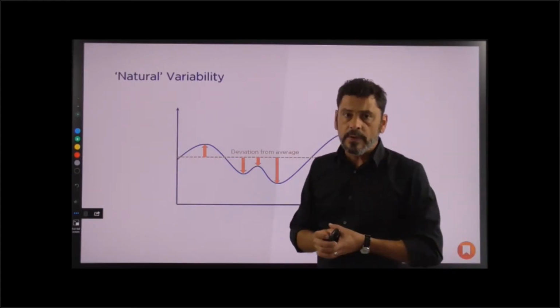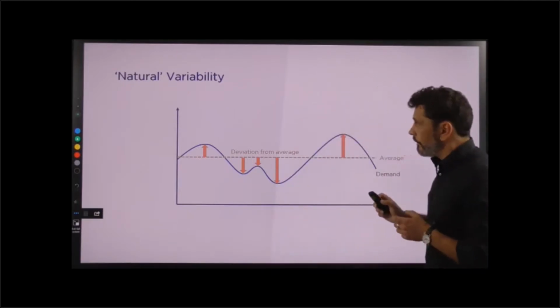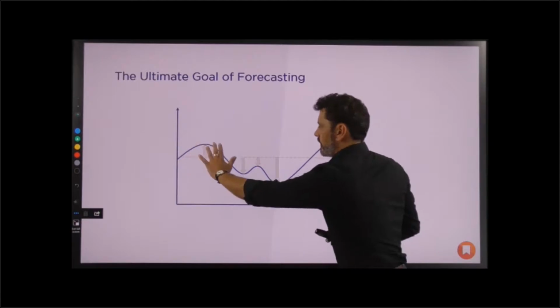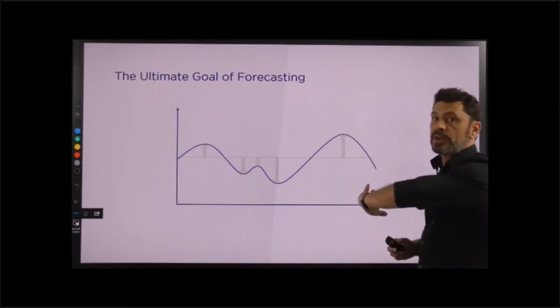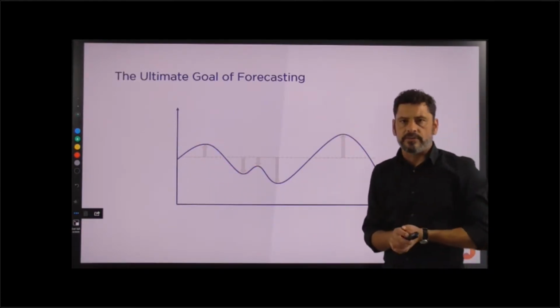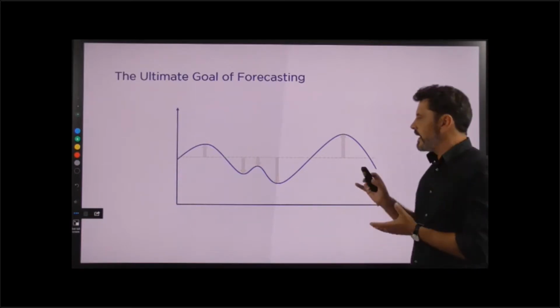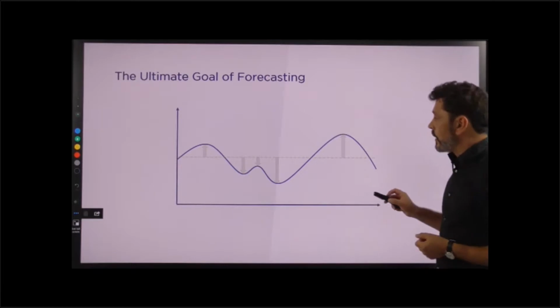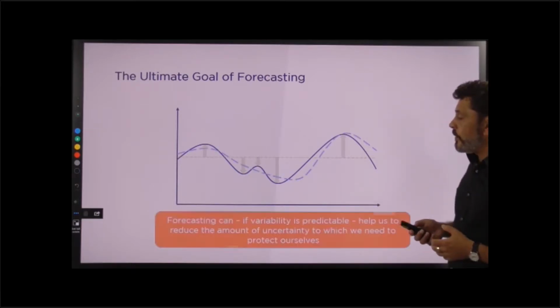What is it useful for? Well, what we try to achieve with forecasting is we want to get as close to that graph as possible. We can try and forecast the average, of course, but probably we want to get closer to that graph. We want to know the ups and the downs. Yes, the closer we can get,